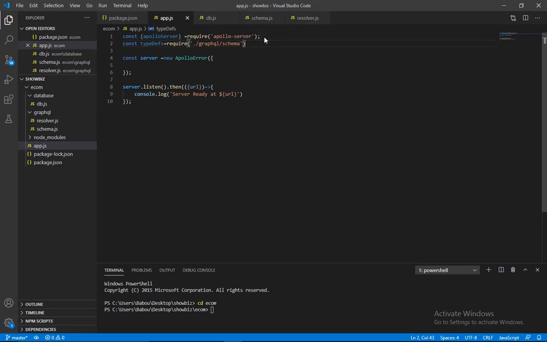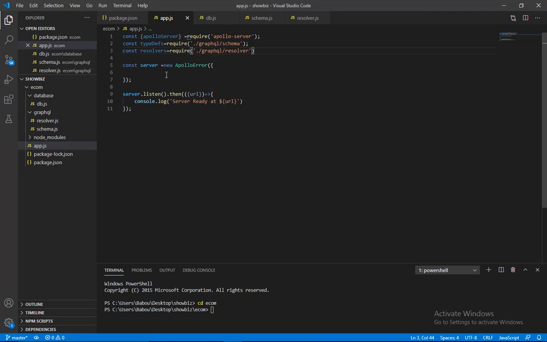And the second one is actually resolver. It is equal to require